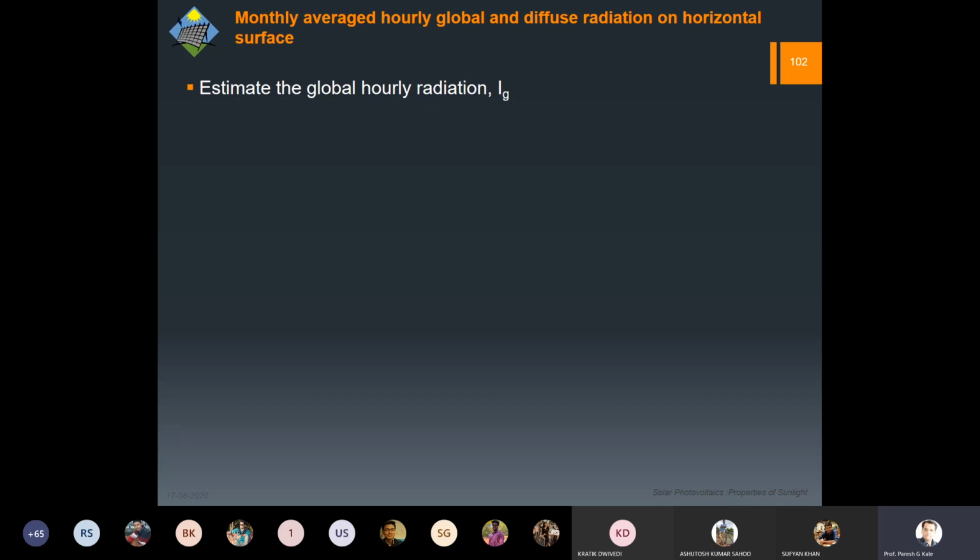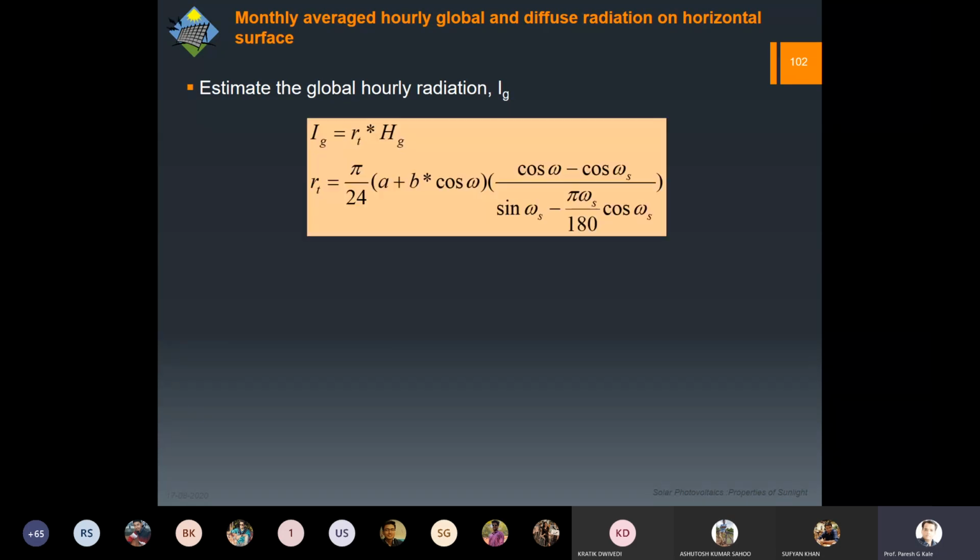Okay, anyway, so daily average we have done. We can do similarly hourly average. So if we want that, we can find out this edging we have already determined, right? Now, this RT is a factor which is given by this long expression. Don't write it. You can get it later. Today we are not going to solve it.